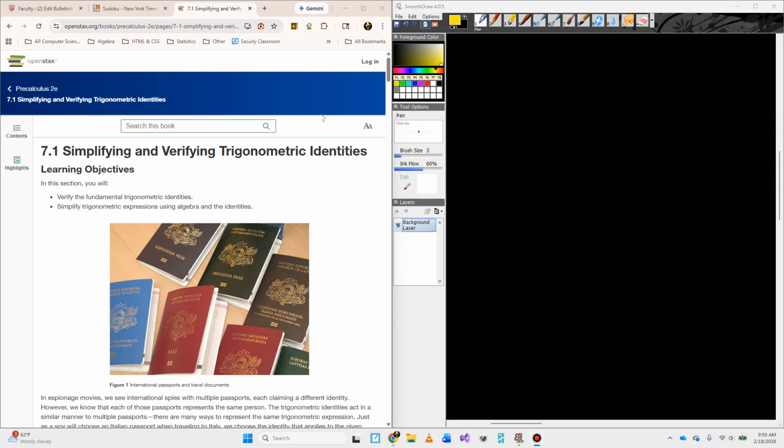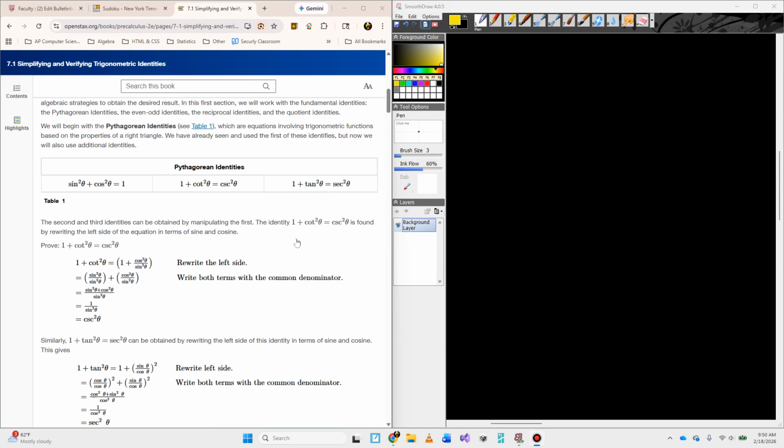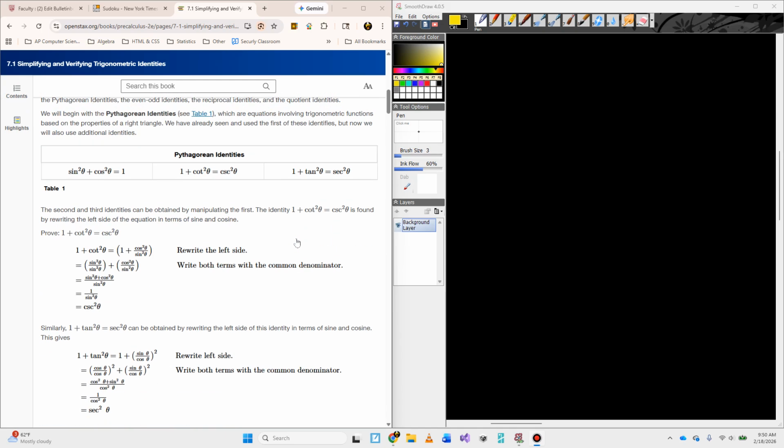We've already looked at trigonometric identities in the past. In fact, you'll remember some of the Pythagorean identities that we covered. And you'll see over here we covered sine squared theta plus cosine squared theta equals 1. It's a regular Pythagorean identity, and we can use that if we have what we believe is the cosine value